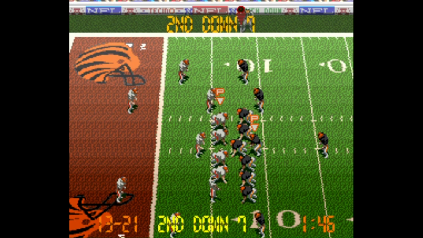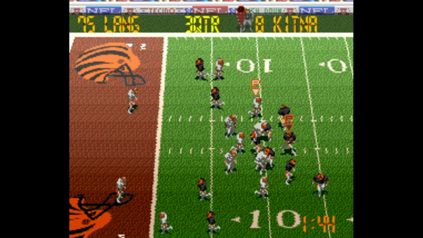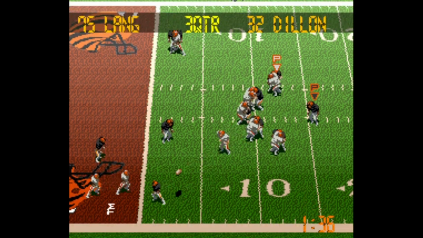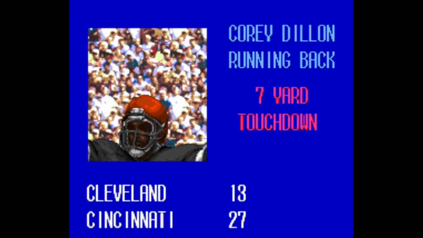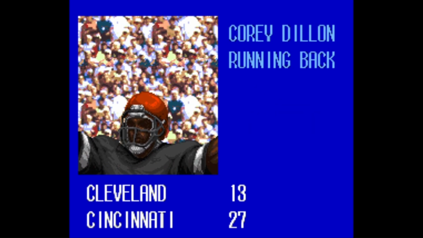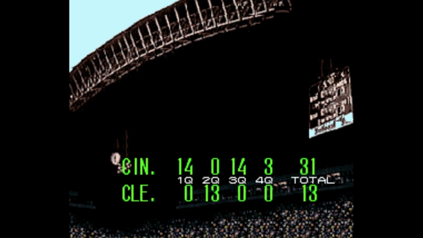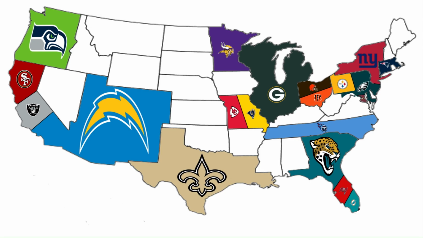But it appears that the Bengals don't take too kindly to being ranked at the bottom. Already up 8 in the third quarter, the swing pass to Corey Dillon will go for a touchdown. Cincinnati now extends its lead to 28-13, and by the time it was done, they had taken the Browns to the woodshed, a 31-13 victory. Every other team in our bottom 5 went one and done, but the one bottom team, the Bengals, had no part in that. They will take over the Browns' territory. They own the state of Ohio, and it'll be interesting to see how far they can go.